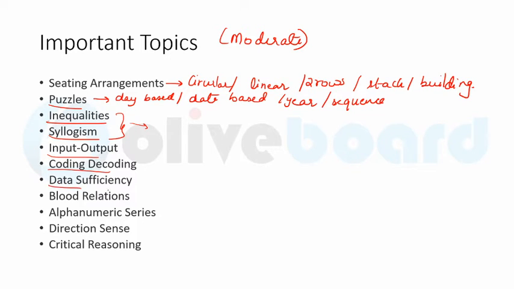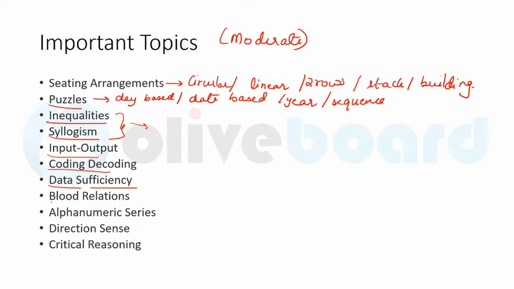There may be questions based on data sufficiency. So data sufficiency again will be based on puzzles and seating arrangement and maybe blood relation, or something like, let's say A remembers that the birthday of C was between 25 and 27. So those types of questions can also be a part of data sufficiency. Again, these data sufficiency questions, if they are there, will be only two statement data sufficiency, because they will not be making the paper level very high. So अगर आएगा तो two statement data sufficiency आना चाहिए.